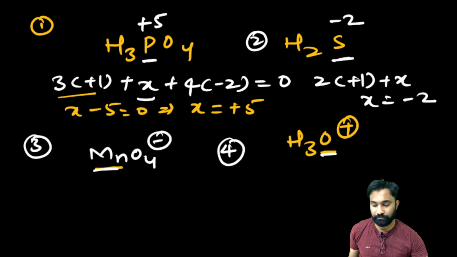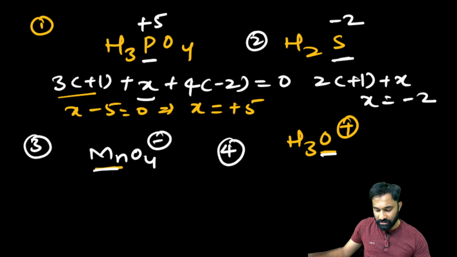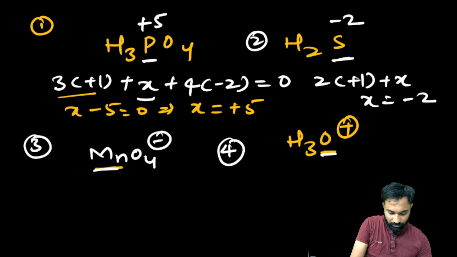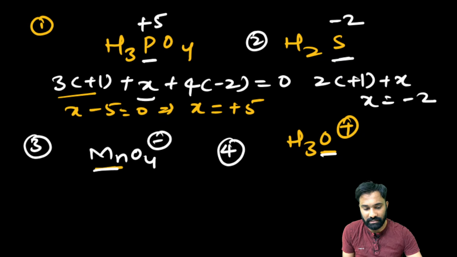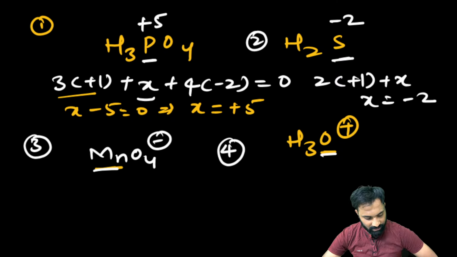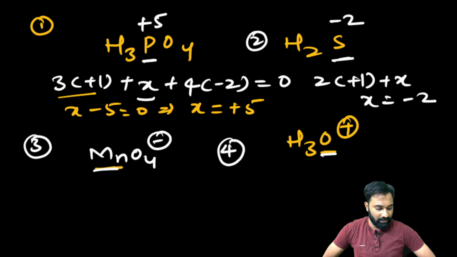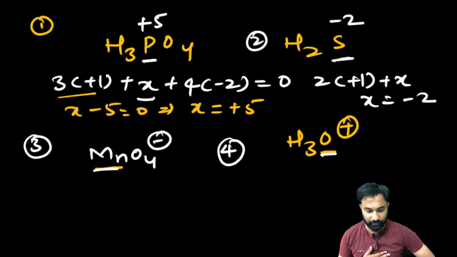Now you tell me, what is the oxidation number of Mn and what is the oxidation number of the oxygen in the 3 and 4? In the 3 and 4, what is the oxidation number of the Mn, and in the 4, what is the oxidation number of the oxygen? Good, good, good. Now the third one,